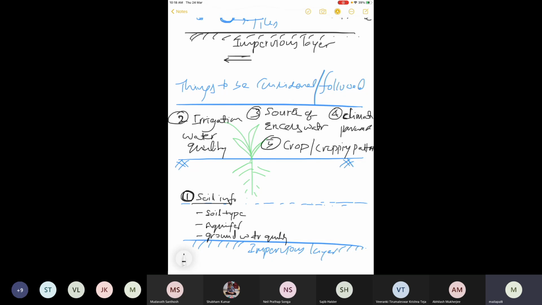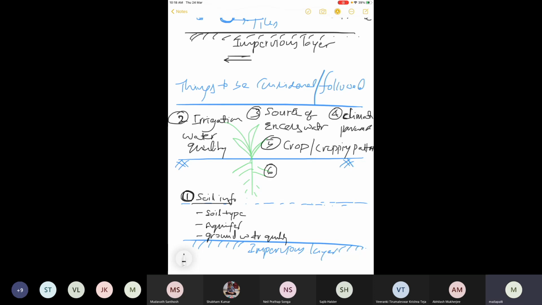Based on that, the root zone depth will vary for different crops. So accordingly, you have to think about what is the optimal depth of the drainage base for this particular area. So the crop and cropping pattern is important. And then sixth is